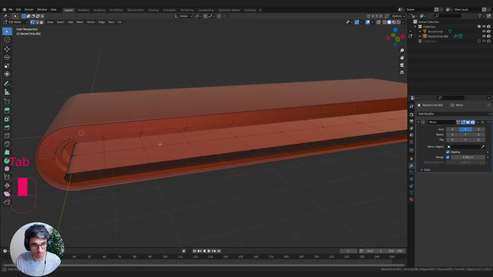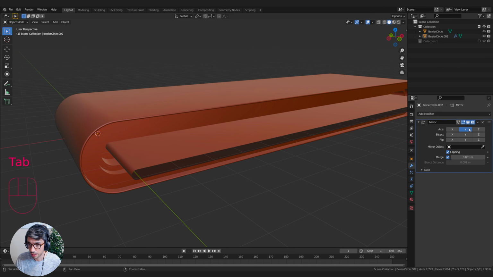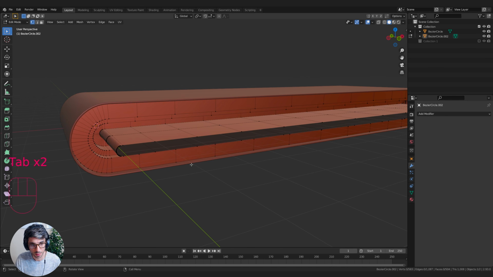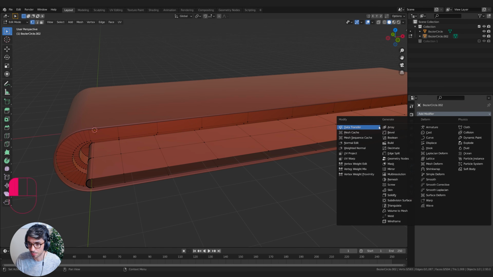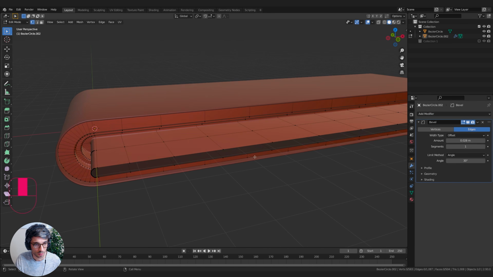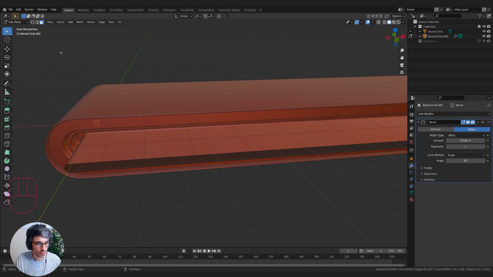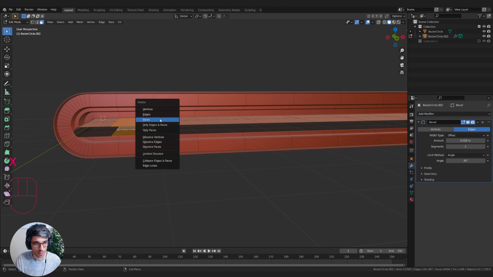And now what we can do is we can apply this. So come out of edit mode and go apply. Now it's all mesh, and now these all line up perfectly, just like we want. I do like that bevel modifier. It was working for us, so I'll keep it on. And now what I'm thinking we could do is, what if we grab these faces like this and delete them,